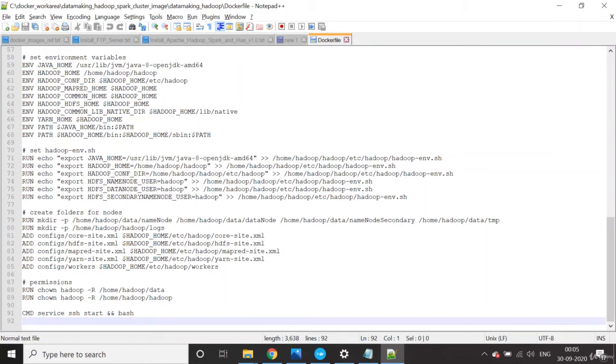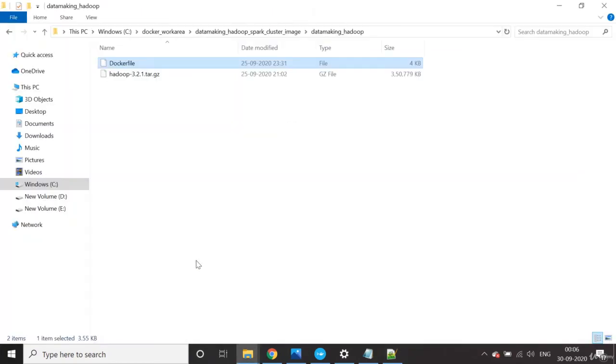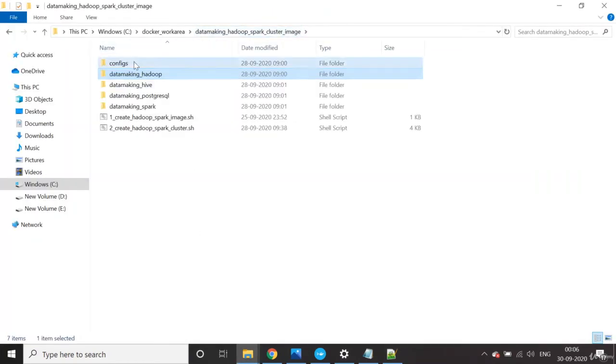So core-site.xml is to specify which node HDFS is configured on, and what the replication factor is, and the MapReduce related configurations, and the YARN related configuration. This is for the worker node. All this you are actually updating. When you extract the binary file, it is going to have the default values, right? Now we are going to overwrite them with whatever configuration files we have.